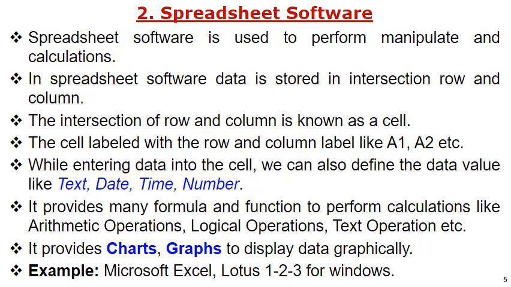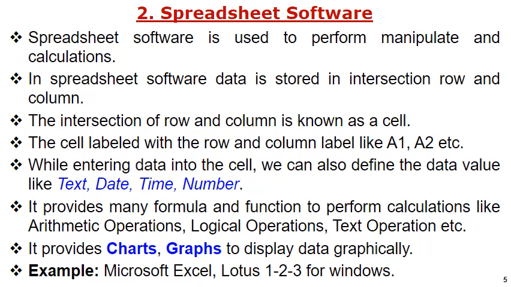You can see that this is a cell. So the intersection of rows and columns is known as a cell. Sheets are made up of collections of rows and columns, and the cell holds the actual information, meaning tabular information is given by this spreadsheet software. The row and column have their own labels. Columns are labeled alphabetically A, B, C, D, capital letters up to Z, and after that AA, AB and so on are repeated here, and rows are labeled 1, 2, 3, 4.